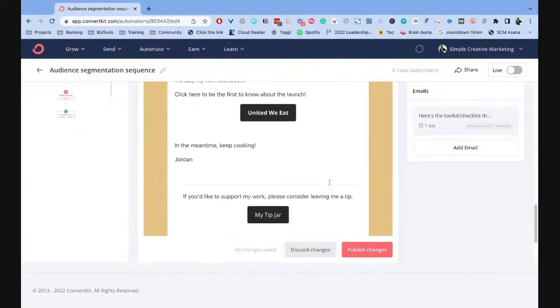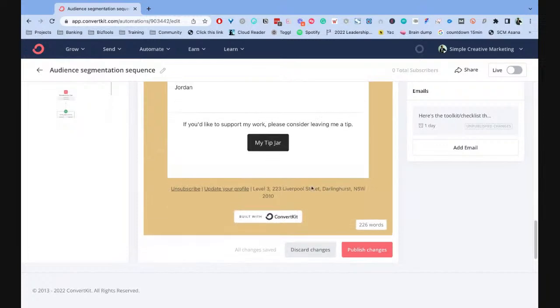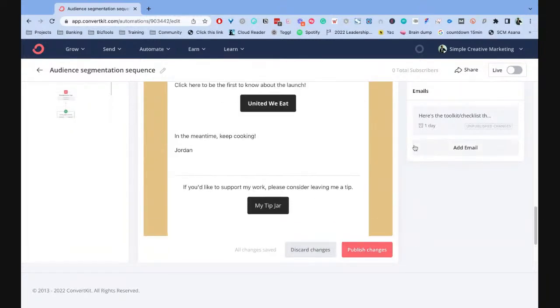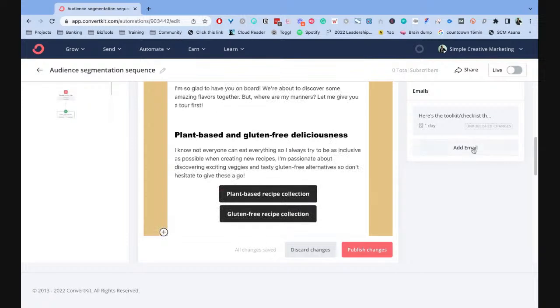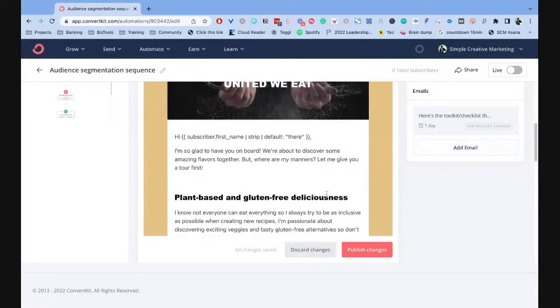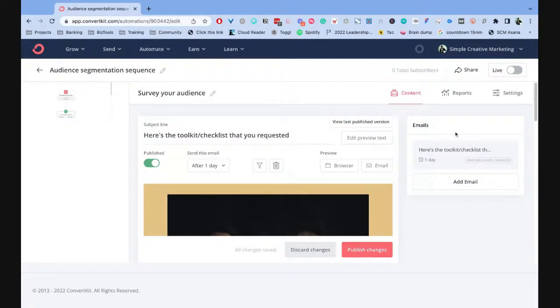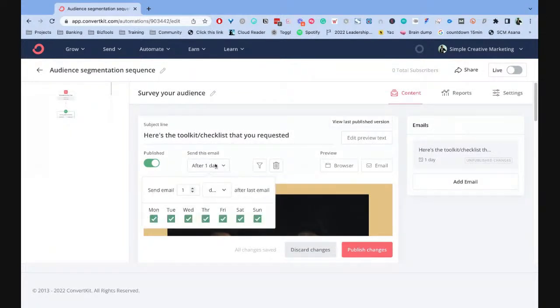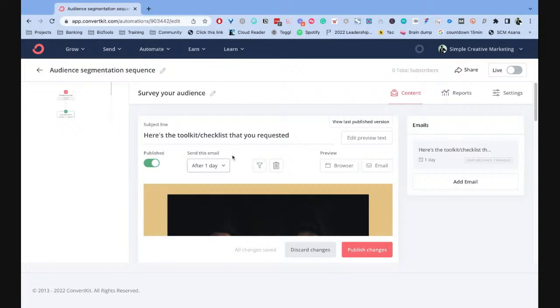You would customize all of this, and hit publish changes when you're ready. Okay, so that's the emails. Now you can actually add more emails in this sequence. This is just the first email, and you can configure when you want that to go out as well, right? So it says, do you want to send this 1 day after the last email? Do you want to send it immediately or a week later, whatever it may be? Okay, so that's there. And if we go back,